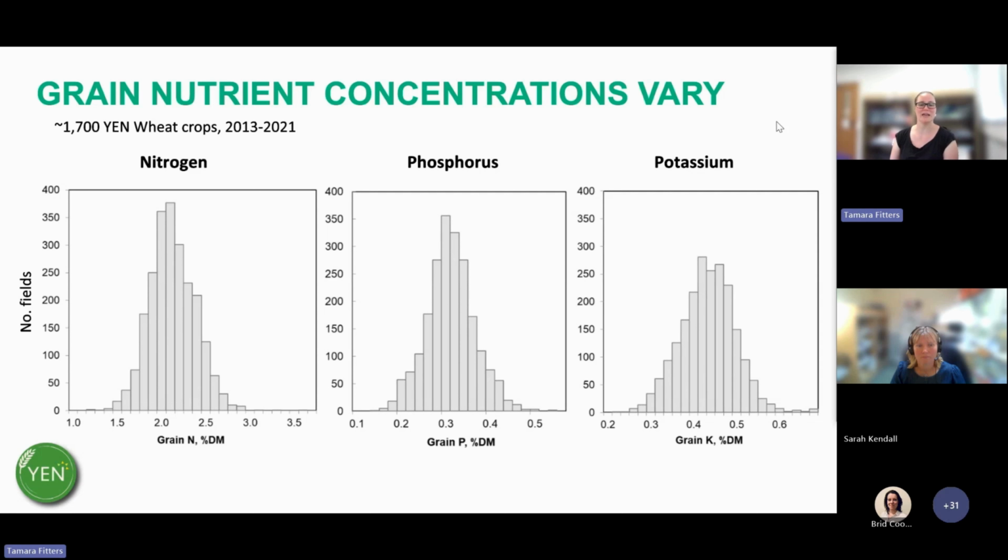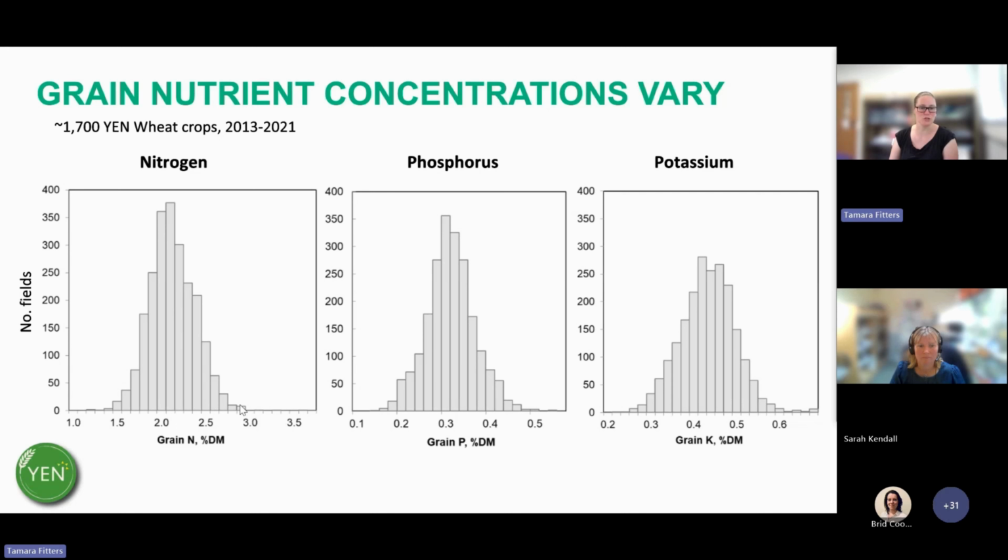So what you can see here is a distribution of the grain nitrogen, phosphorus and potassium, so it's the percentage in the dry matter. Let's just use nitrogen as an example. We've got the number of fields here on the y-axis, the percentage of grain nitrogen on the x-axis. And you can see there is quite a nice normal distribution of this. There are quite a lot of fields that have about 2 to 2.1. And there are not very many fields that have a grain nitrogen of 1.5, and the same goes for a grain